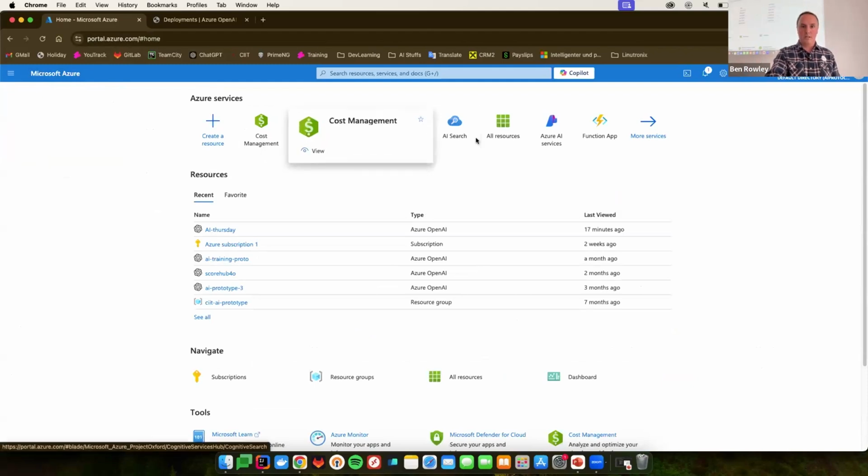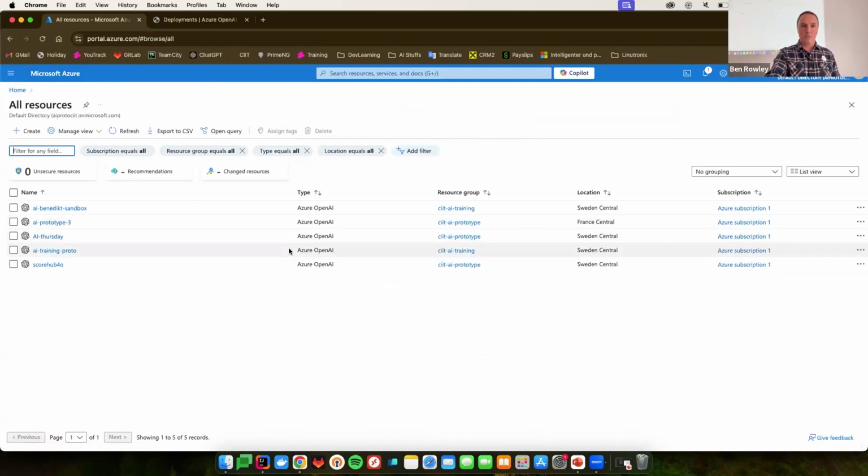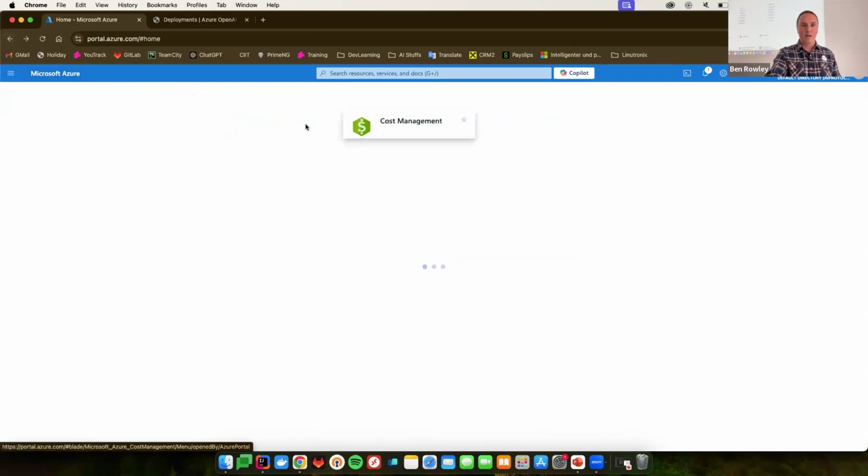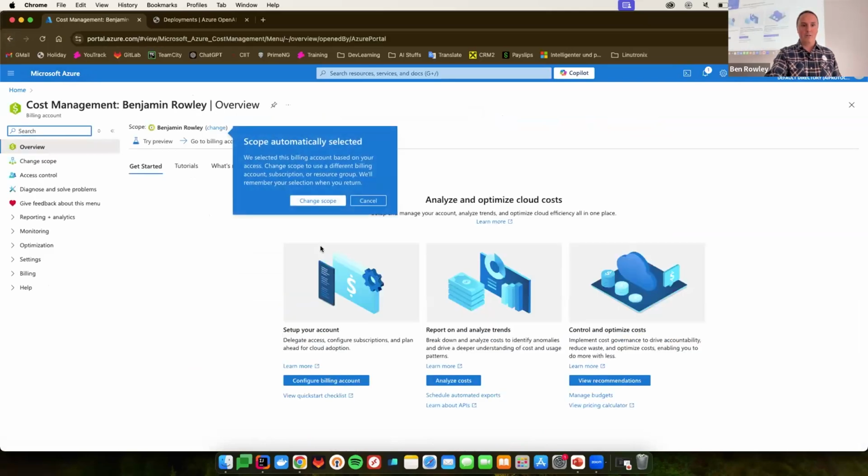How do we see that here? I can't remember how we see it. All resources. Somewhere there's an overview in here where we can see all of what's been spent so far. So what we can see is